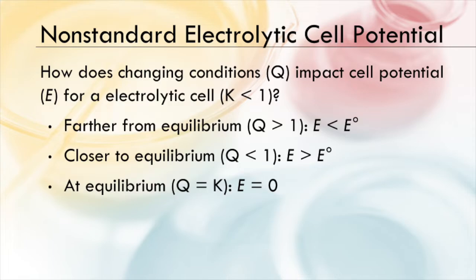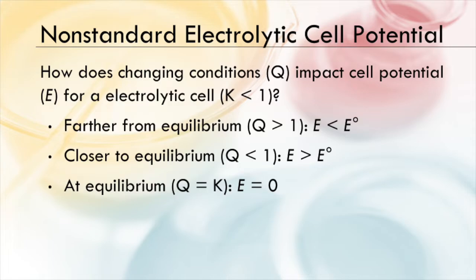potential. Deviations from standard conditions that take the cell closer to equilibrium, decreasing Q, bringing it closer to K, will decrease the magnitude of the cell potential, so it will be less negative, less thermodynamically favored than the standard cell